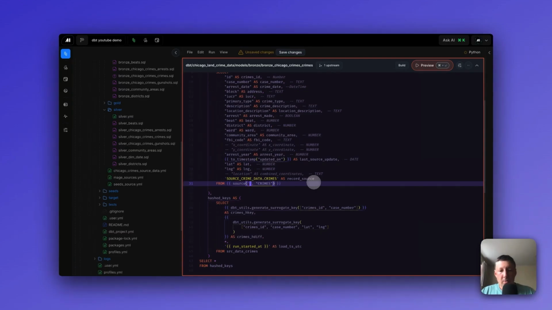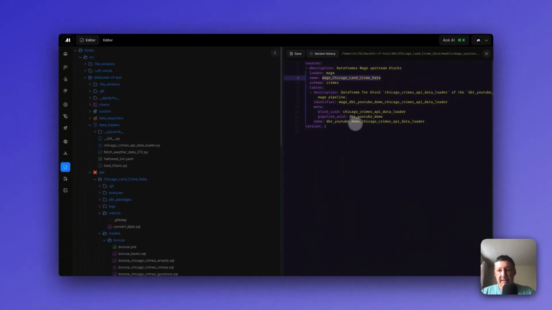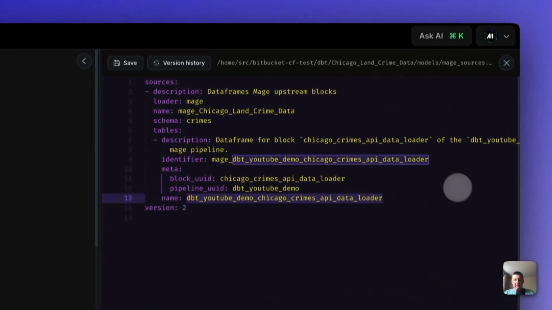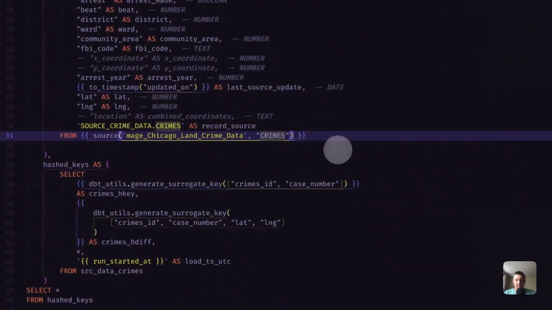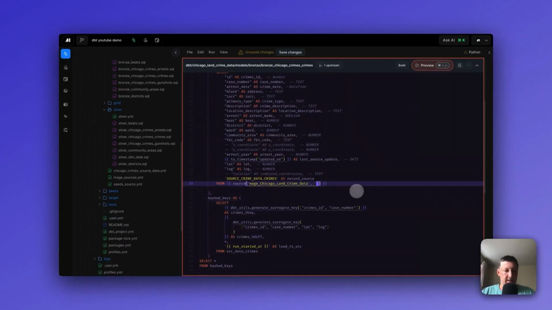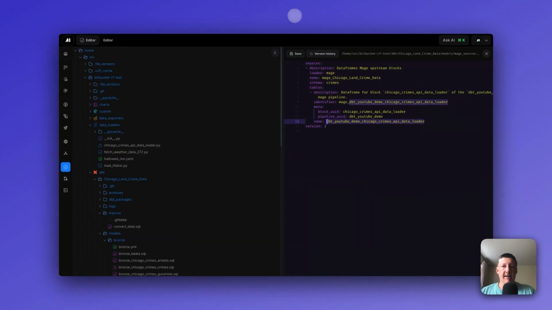So we'll use single quotes and then paste this in, and we'll go back. And we're going to get the second name, this DBT YouTube demo Chicago Crimes API loader. So we'll go ahead and copy the second name here, and we're going to paste it into the second part of our source. We're also going to use single quotes for this. All right. Now that we've got our source connection configured, let's go ahead and head back over to our editor,